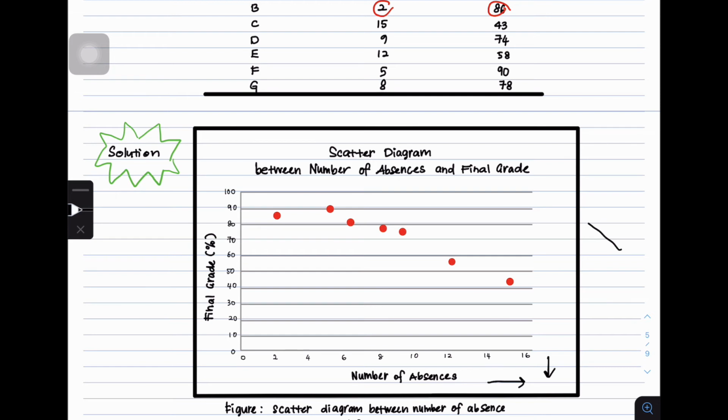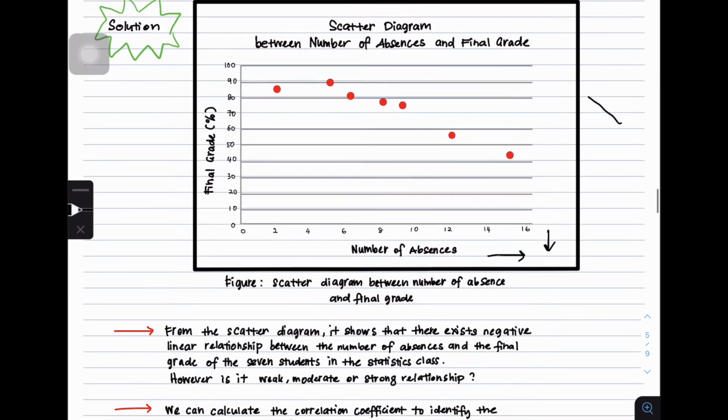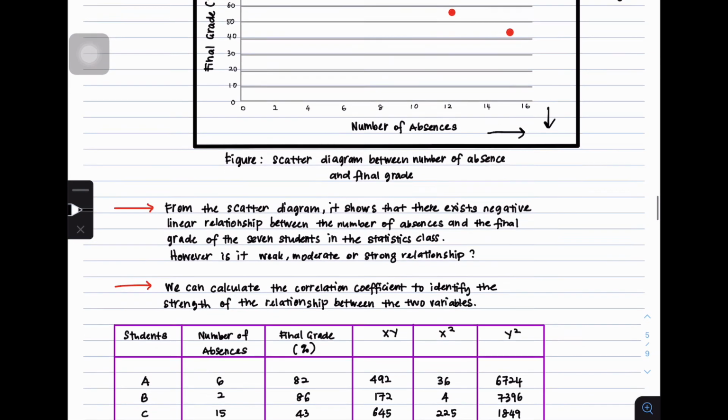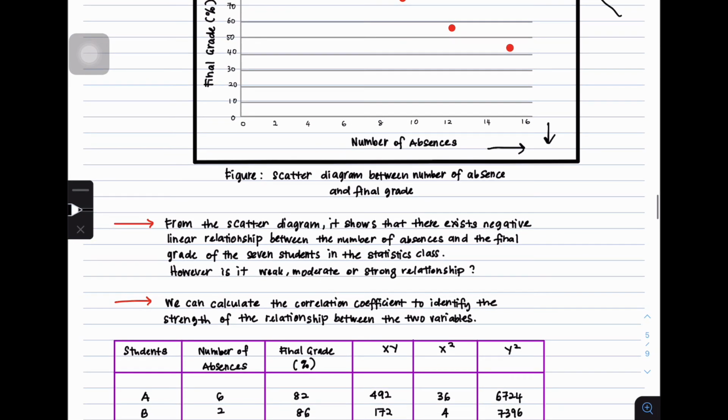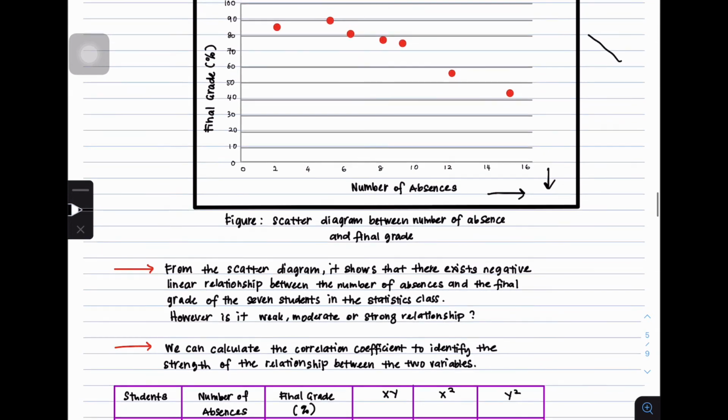So we need to measure the value of R. We need to know what is the value of R. So nak cari nilai R, kita akan gunakan formula. So before that, from the scatter diagram, it shows that there exists a negative linear relationship. So kita tahu sebab kita nampak dia punya garisan ke bawah. So it's a negative relationship between the number of absences and the final grade of the 7 students in the statistical